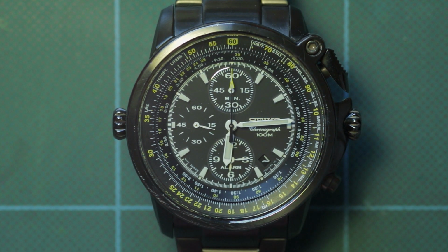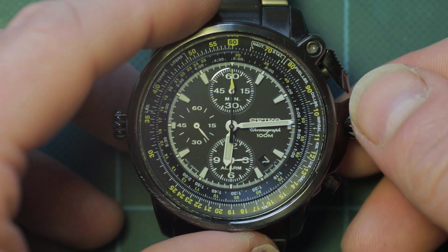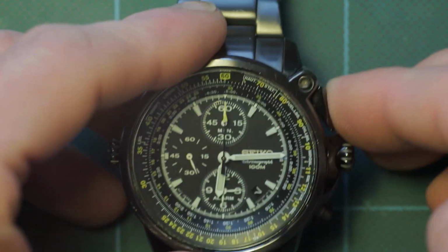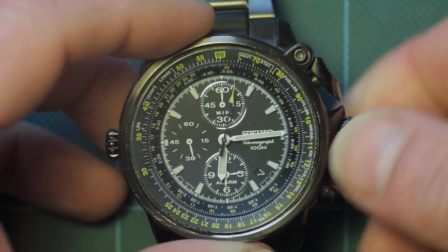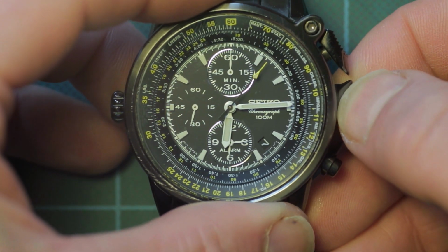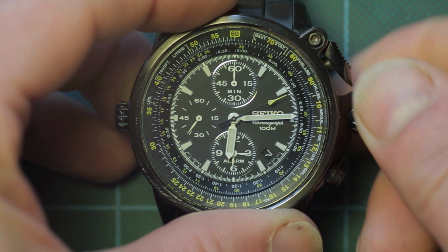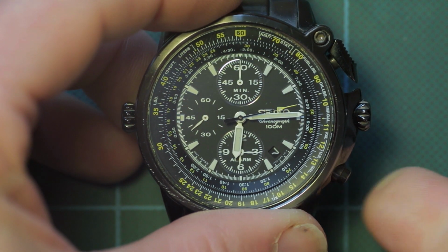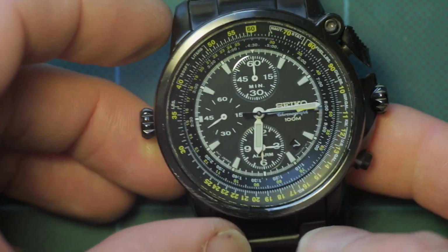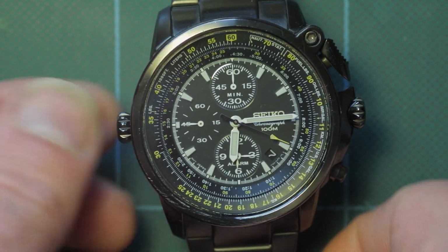That'll run for 20 seconds, switch itself off automatically, or you can press one of these buttons and it will switch off. And for an alternative, it will make a different noise if the stopwatch is running, which is kind of cool. So same procedure, pull out to the first position, advance the minute hand by pressing and holding this, and then while the stopwatch is running,